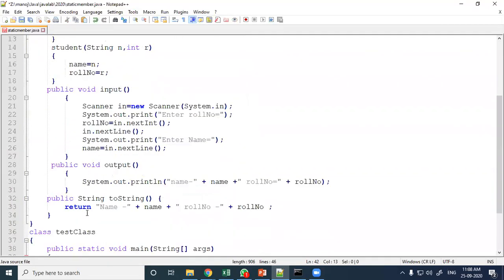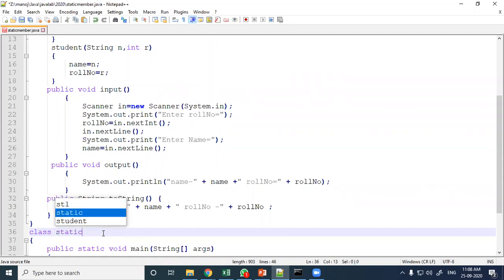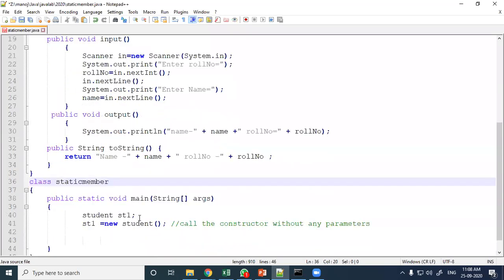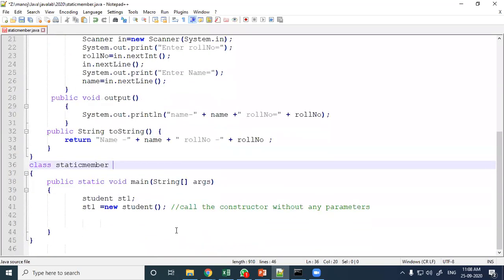Here I am changing the class name to StaticMember.